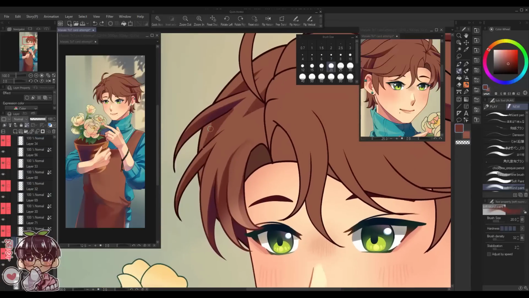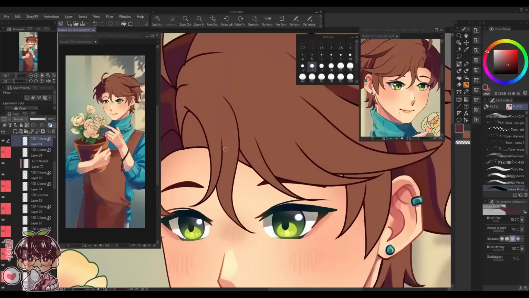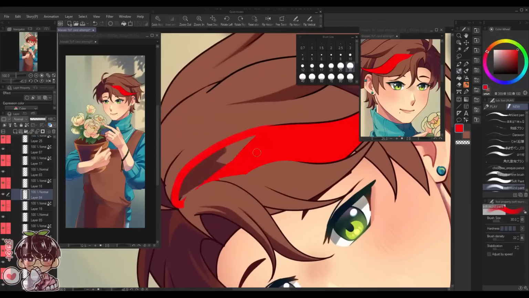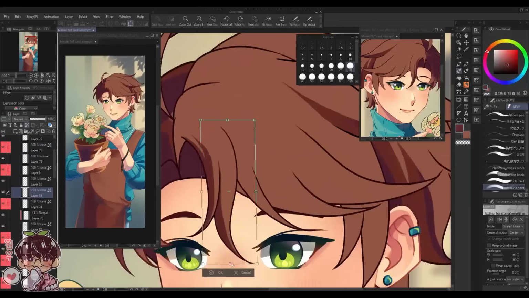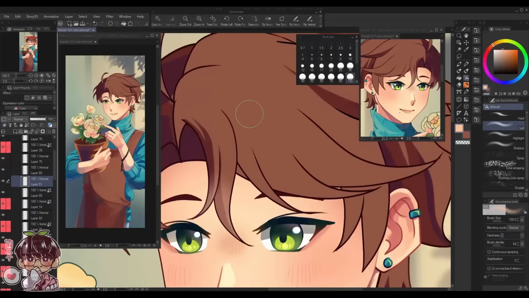But yeah, also this is the part I was talking about. I didn't separate his hair correctly, which is why there's a harsh shadow between the left side of his head and the right side of his head, because I really didn't want to go back and section off the hair properly, because I spent way too long just trying to figure out how I wanted to separate each individual piece